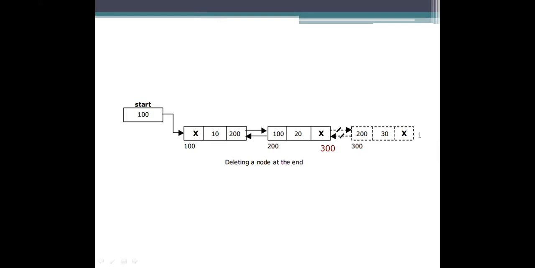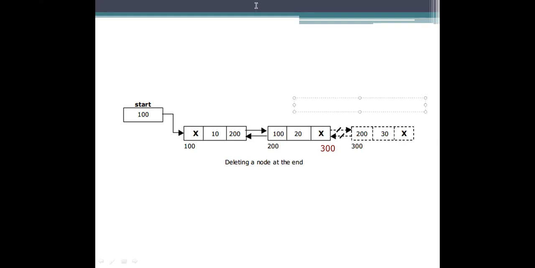The right side of that node should have a null pointer, a null representation, which specifies that it is the last node. There is no need to traverse each and every node from starting to ending. We need to specify that the right side of that one has to be null. So whenever you get the null here, delete that node.